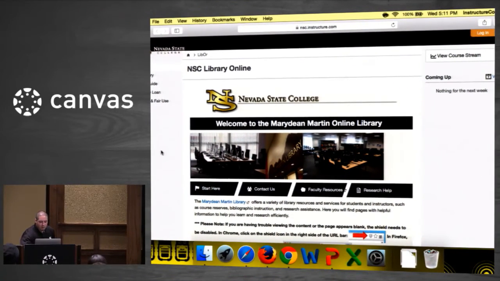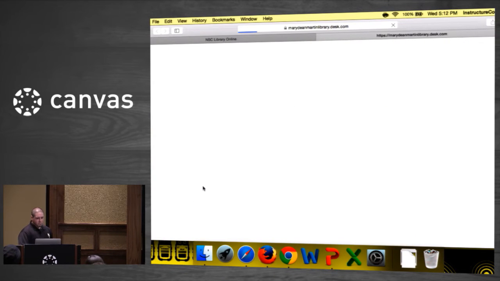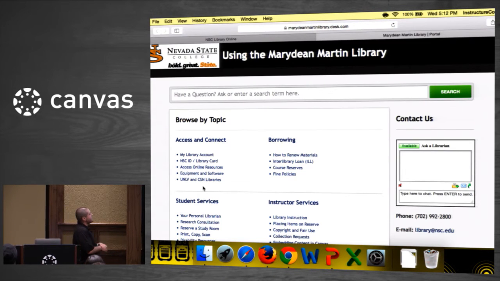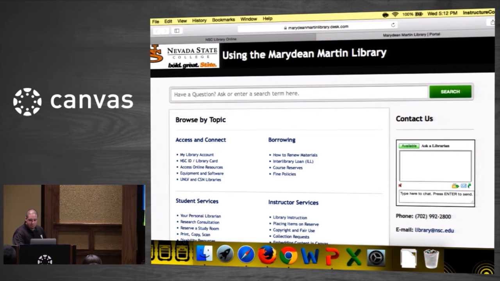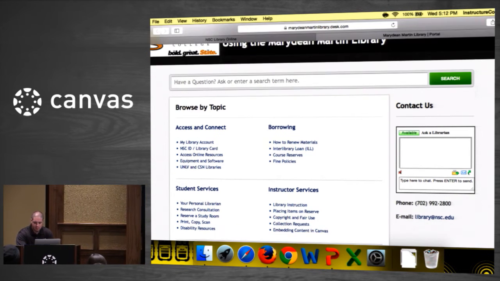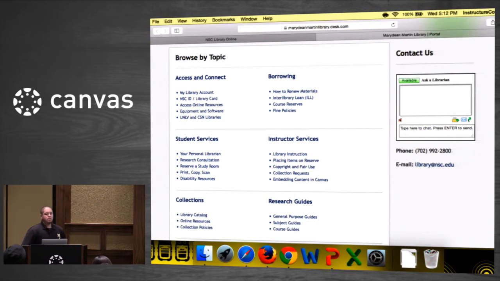And let me go in. I'll start with the Start Here. So this is a redirect, and this isn't our library webpage. This page was created specifically based on what students wanted the most and needed, and it's made because a lot of the content is easily accessible. Let me see if I can. There we are. So the access and connect.